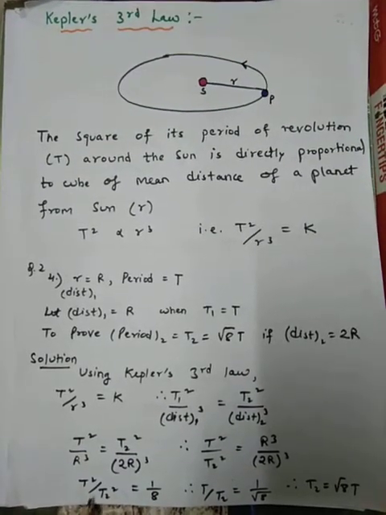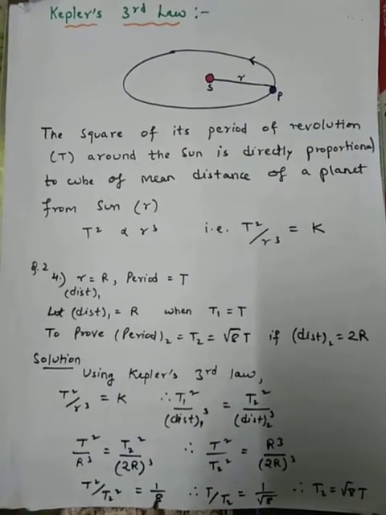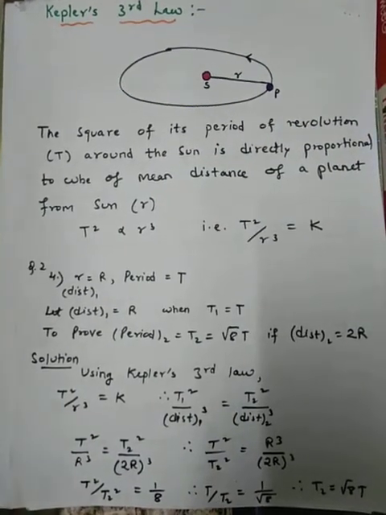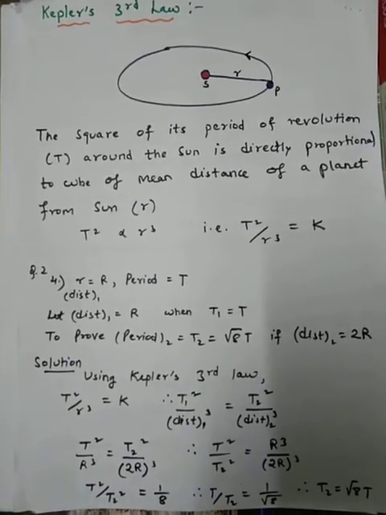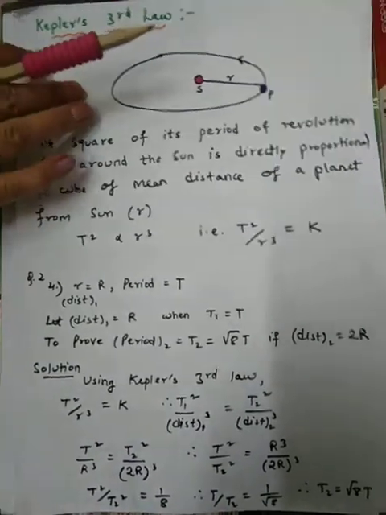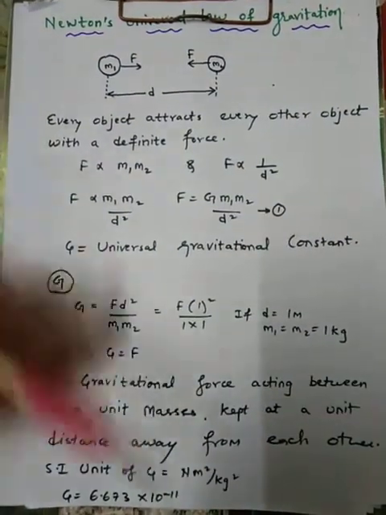If I take square root on both the sides, this square will disappear and this will become root of 8. So t2 will be equal to root of 8 into t. Hence proved. If you have any doubt in this question, let me know. Then second